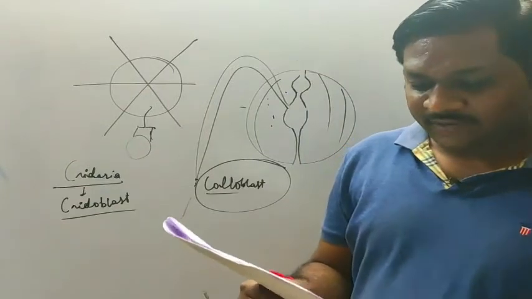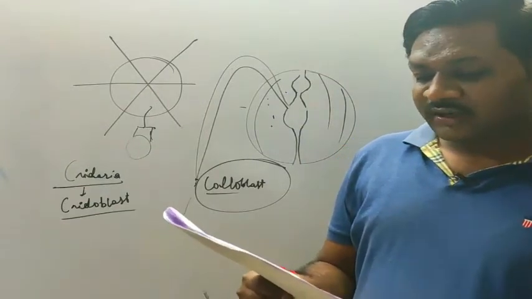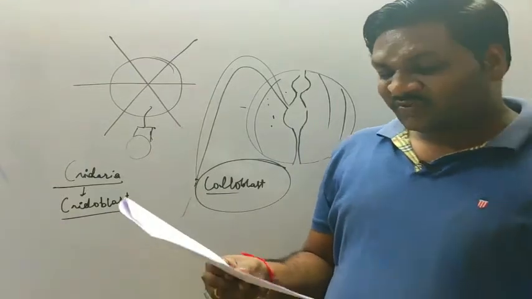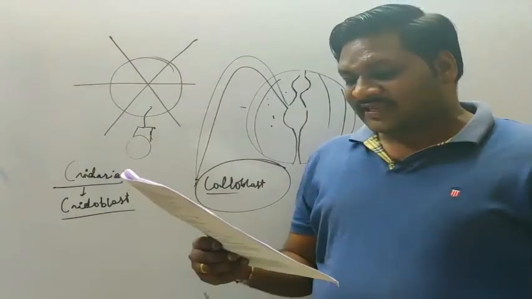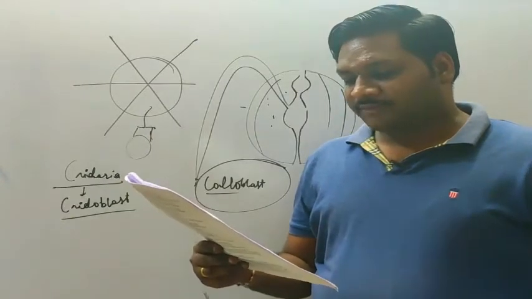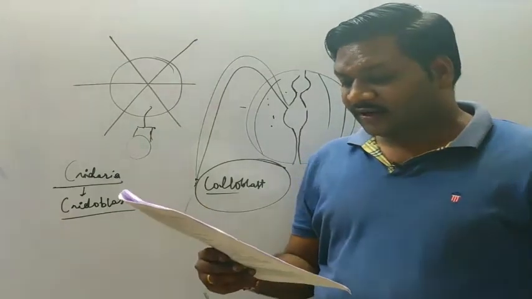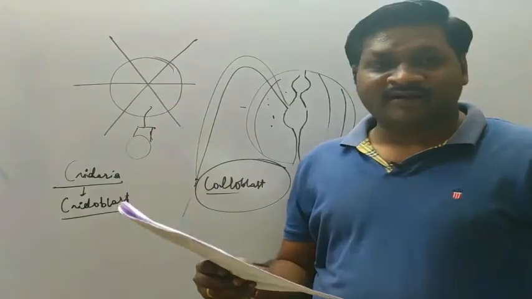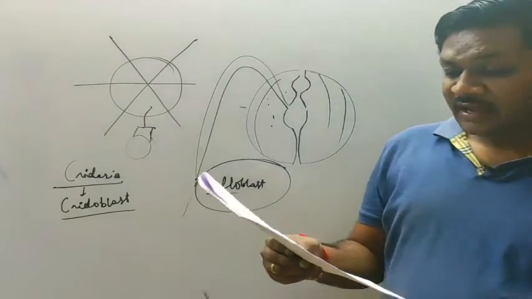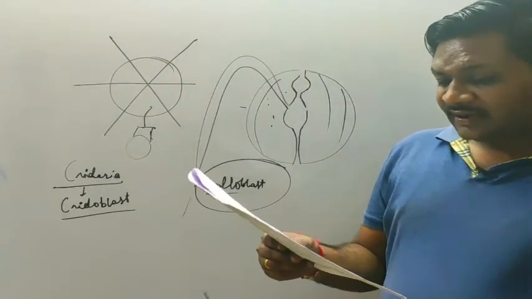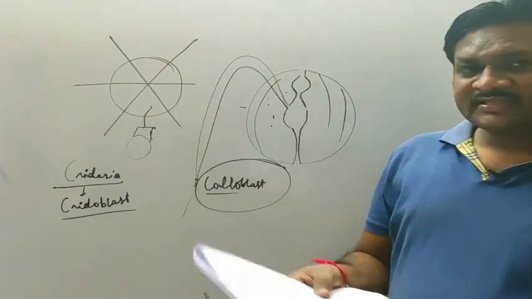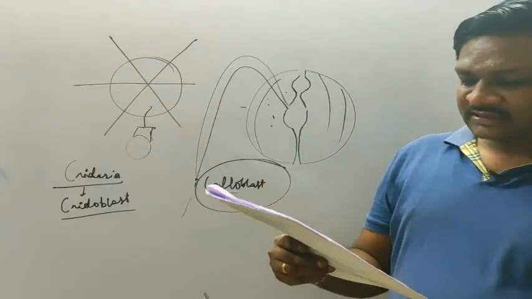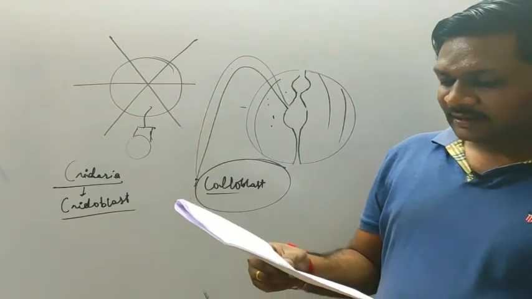Then question number 124. Which of the following is not a characteristic feature of the phylum Platyhelminthes? Okay, so see, the options are given. Sexes are not separate. That means they are hermaphrodite. The next, fertilization is internal and is cross fertilization. Yes, they favor cross fertilization. Then development is indirect through many larval stages. Yes, they have the larval stages. These three are the characters of the phylum Platyhelminthes.